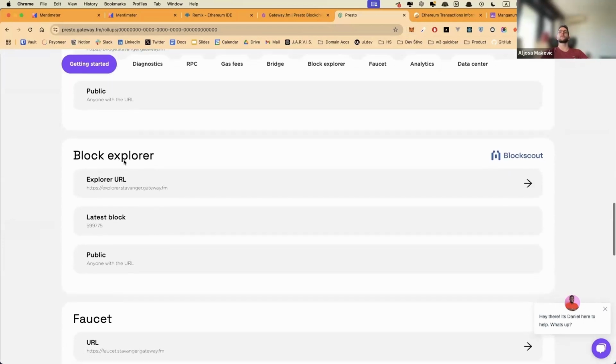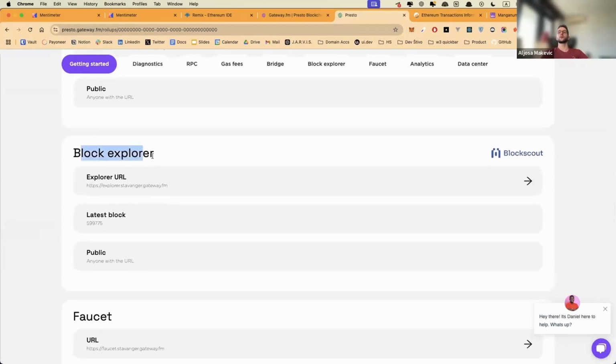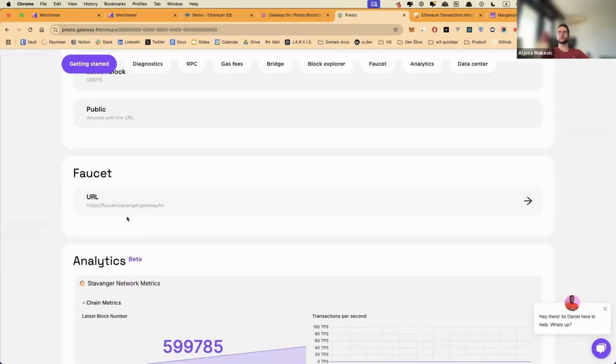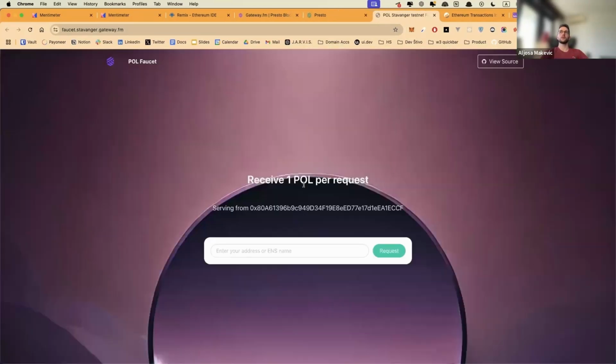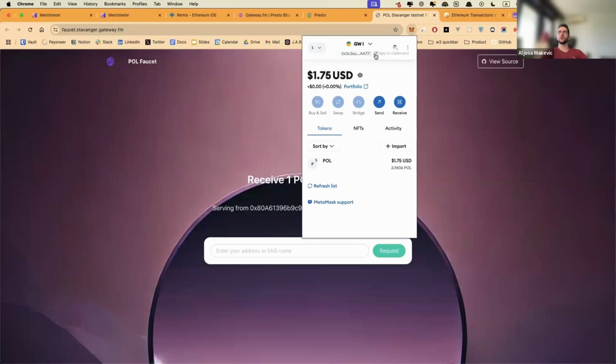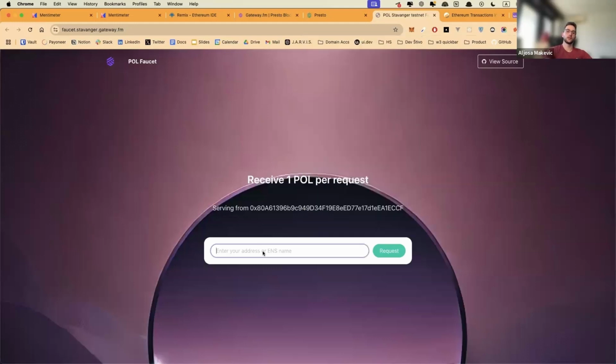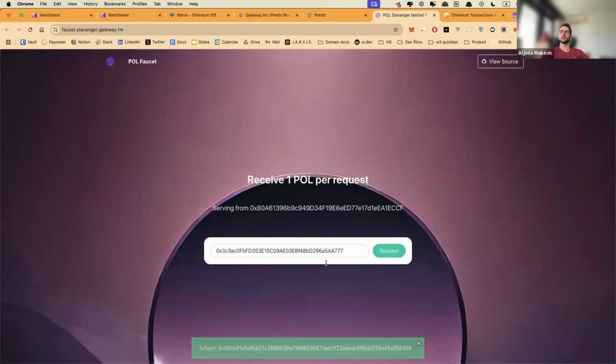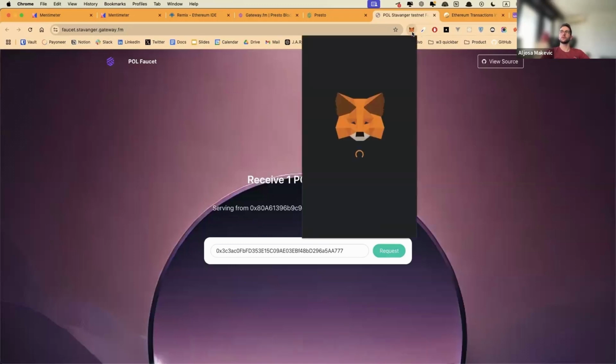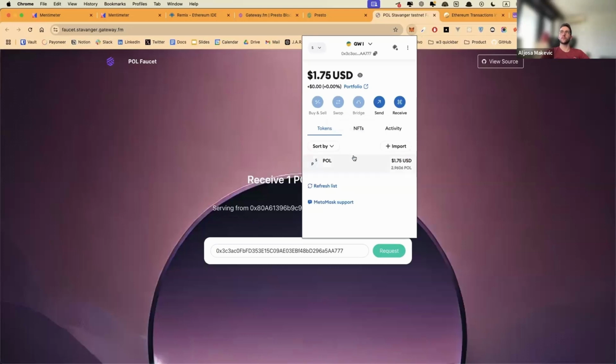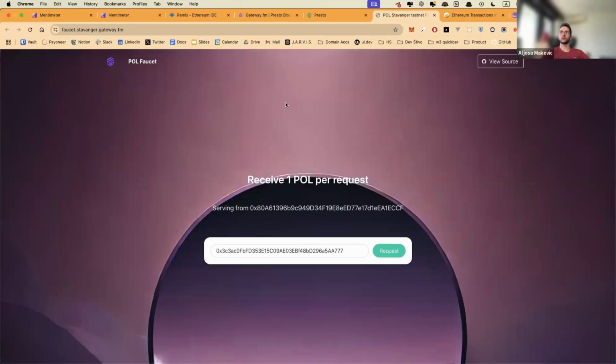As I said, you would have to set up a block explorer by yourself, and there's already a faucet. And the faucet is just a place where you can paste your wallet address and get more free tokens, because this is a testnet. It's not an actual chain that has a native token that has value. So soon I'm gonna have a little bit more POL tokens.